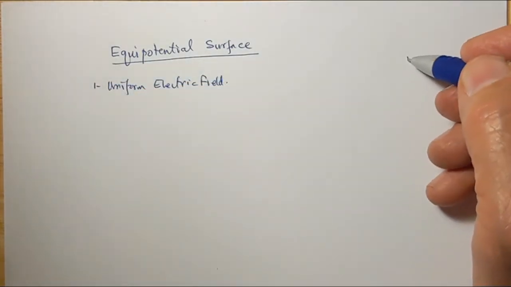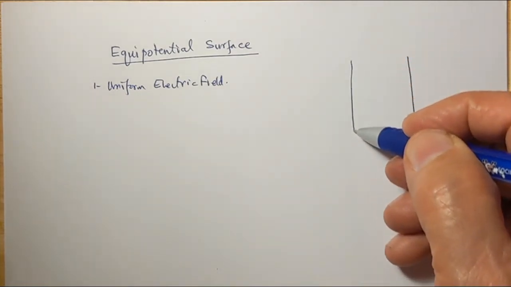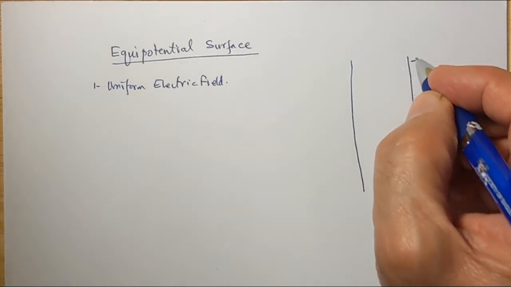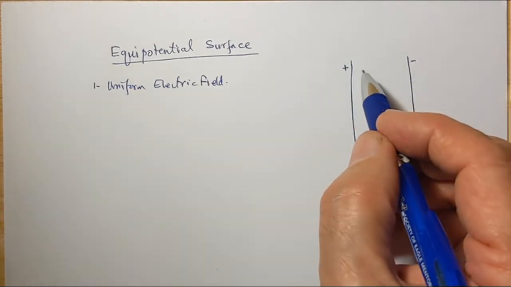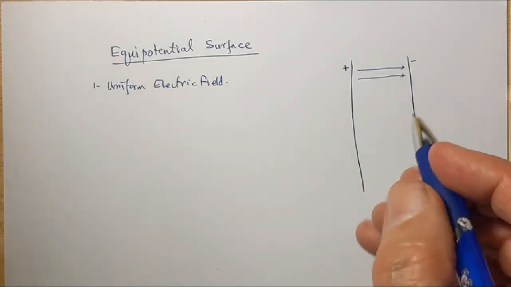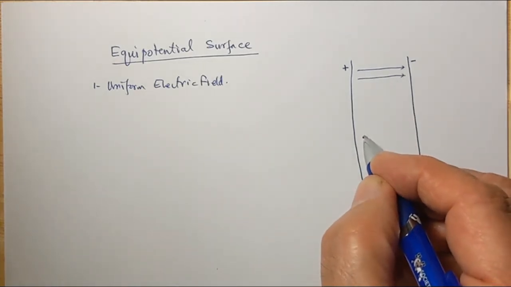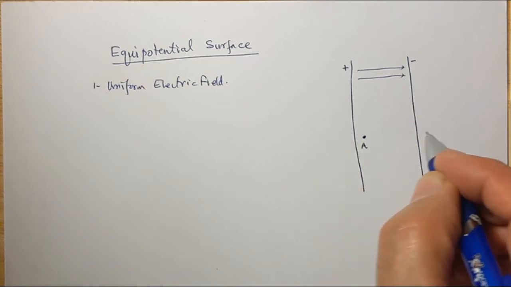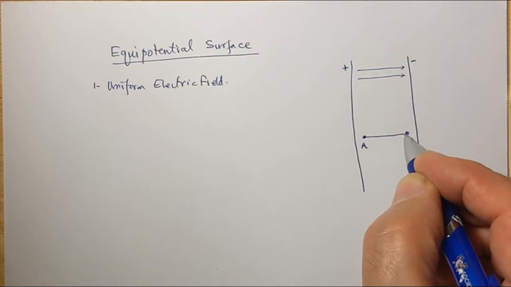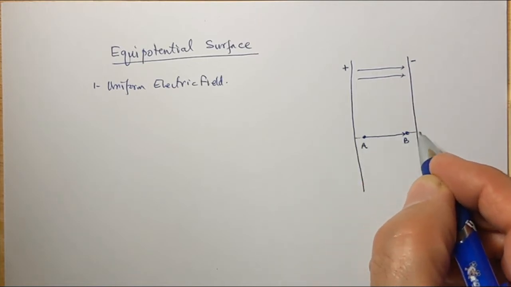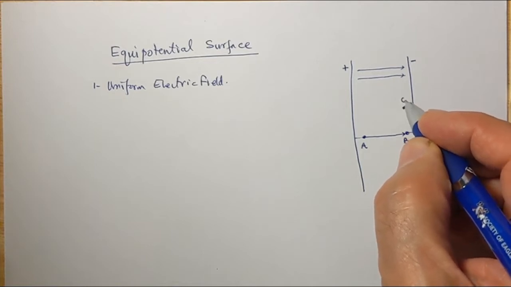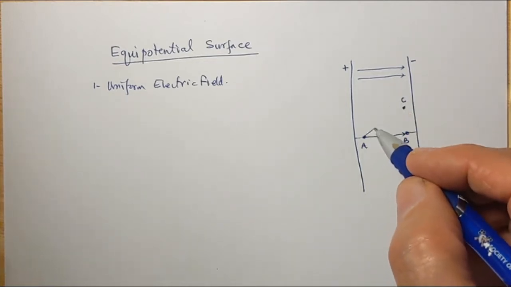So if we have two parallel plates, and one is negative and one is positive, we will have a uniform electric field between them. And let's suppose that we start from point A and we go in the direction of the field to a point B, and the electric field is in the same direction. And then there's another point C over here, and then we'll see if we go from A to